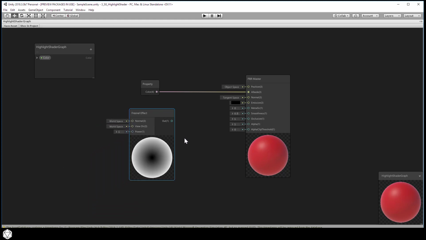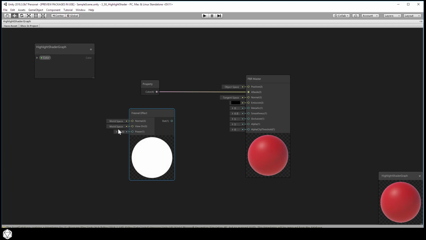The node's preview gives you an idea on what the Fresnel effect looks like. The edges of the sphere in the preview glow white, and it's darker in the center. The Fresnel effect has an input port labeled power, and that determines the exponent of the Fresnel equation generating this effect. When you adjust the power to something higher, the rim glow becomes very thin and fine. When the exponent is smaller, the white rim glow gets much larger, and you can make the white almost overtake